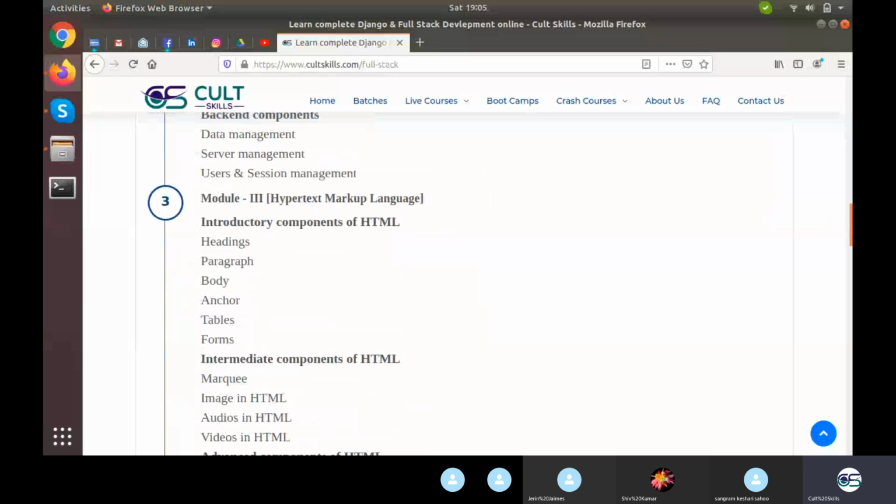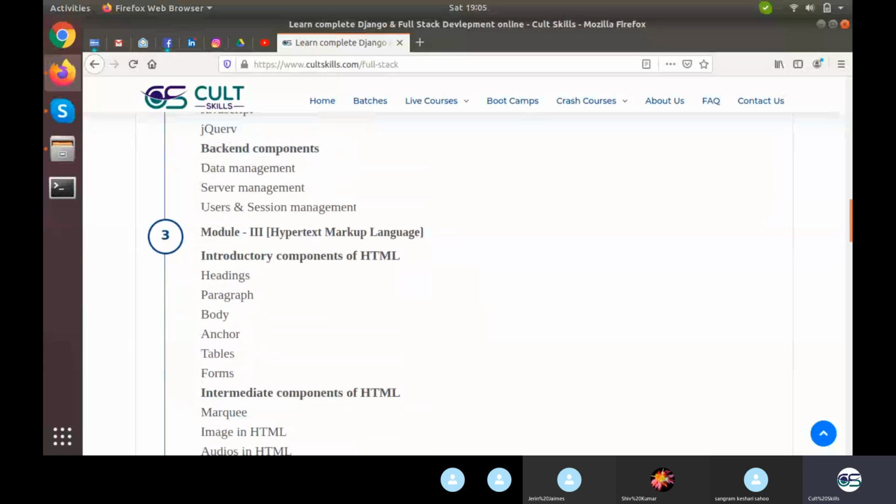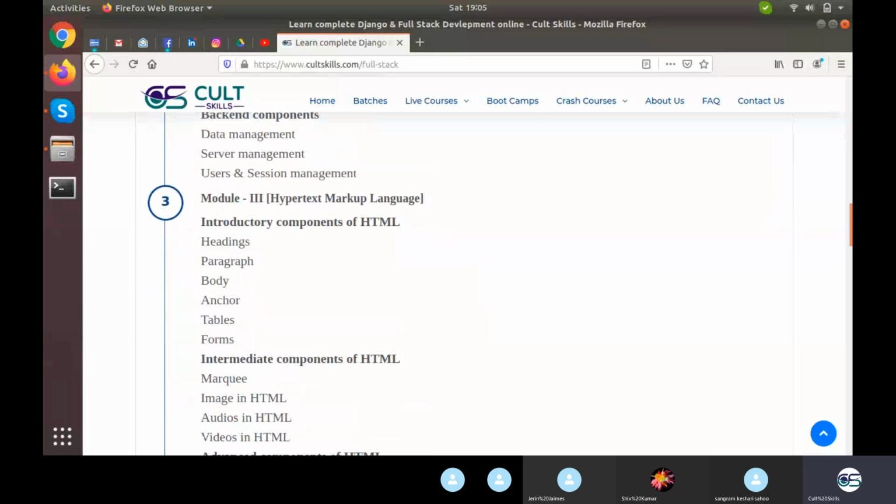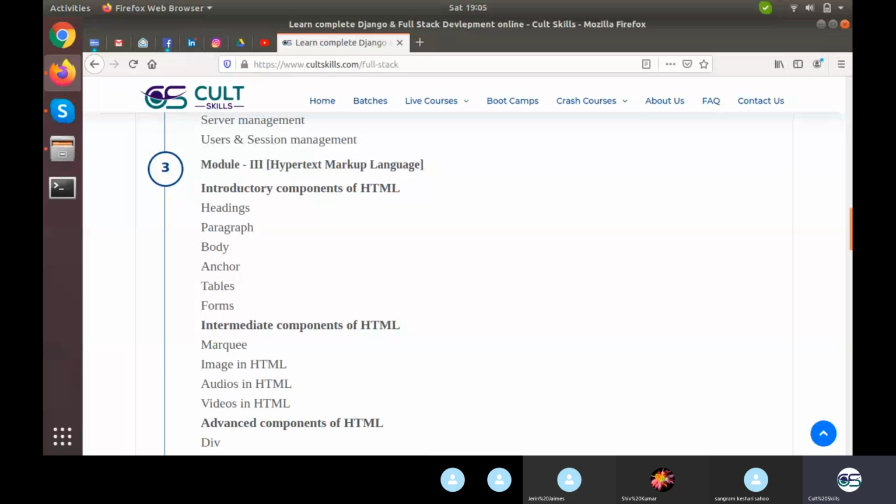Then about what a server is, what a user is, what a session is, and all of that we'll be talking about in the backend in complete depth. We just had a one-line introduction to all of that. Then we headed on to HTML, where we did some particular tasks. Then we moved on to CSS, where again we did some particular tasks, and in Bootstrap we again practiced a bit.